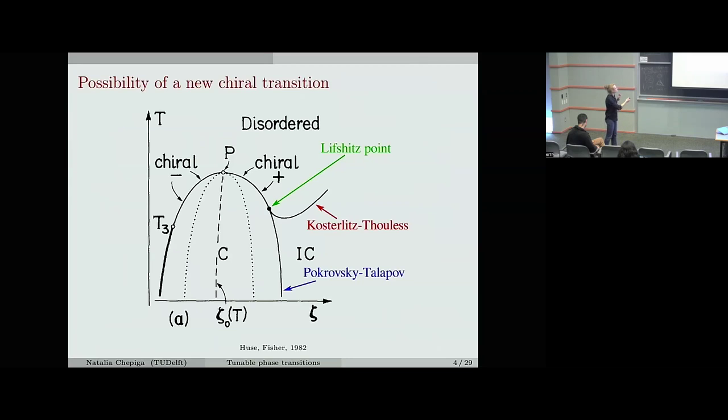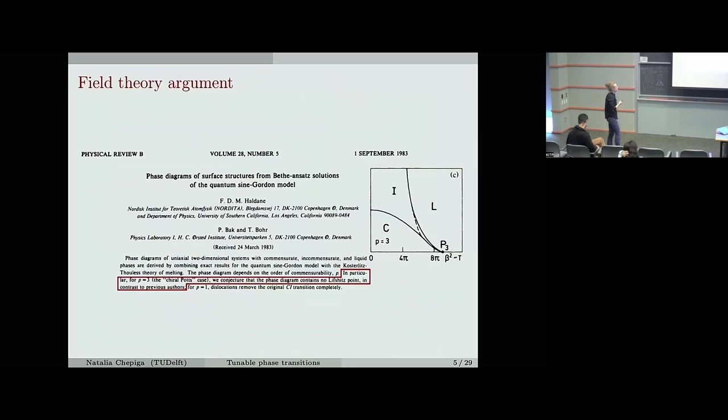But away from this line, they say that there is a possibility of a new direct chiral transition in a different universality class, until eventually chiral perturbation becomes so strong that the melting becomes a two-step process with an intermediate critical phase, an incommensurate phase, separated by a Pokrovsky-Talapov transition with the dynamical critical exponent 2, the one that you mentioned yesterday, and a Kosterlitz-Thouless transition. And almost immediately after, this proposal was confronted by field theory, by Huse, Fisher, and Berker,